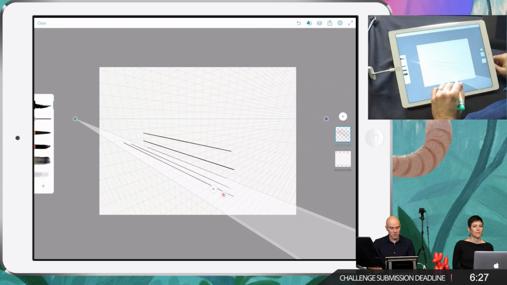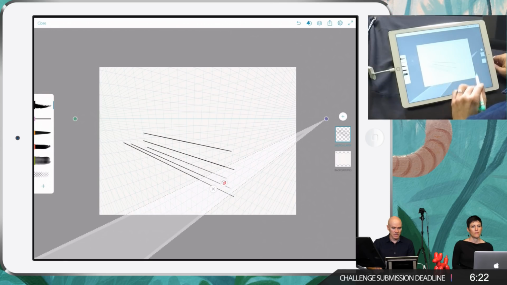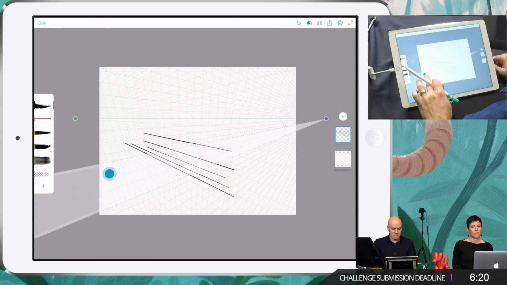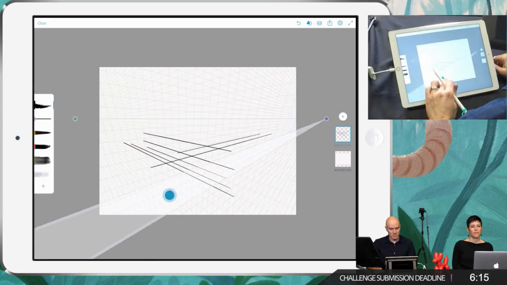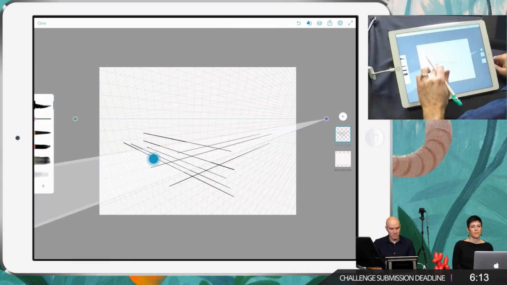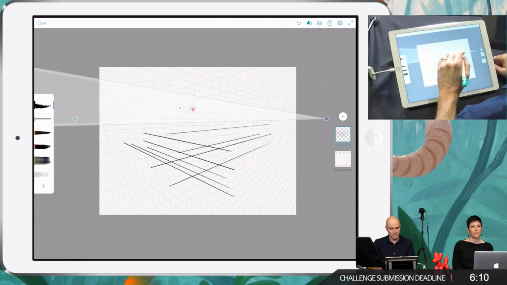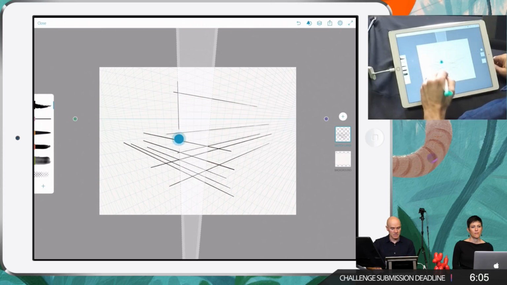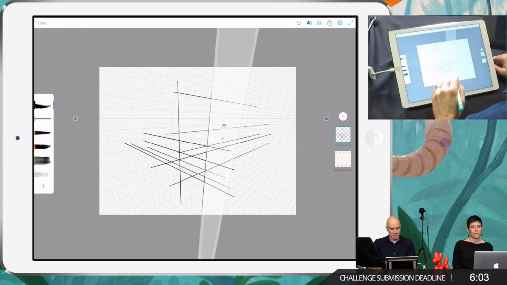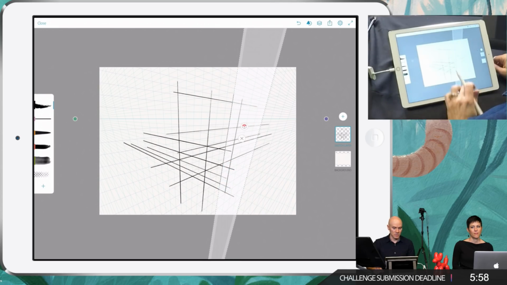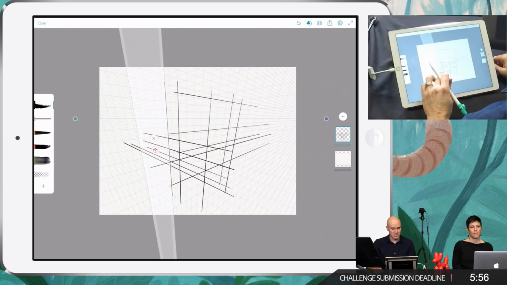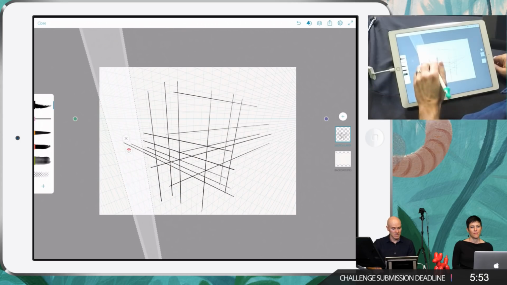Beautiful. But what if you want to draw one on the other side, vanishing point to the right? Just tap on the cube that you see here. It shows you which face you want to select. I'll select the right side. Now I'm locked to that right side, so I can draw my lines from the right side, vanishing point, all the way through, like so. Click on the top face, and now I've got my lines coming from the top. So, very, very precise, very nice, and you see how that works. So you could draw a building, you could draw any kind of structure, you could draw some kind of design